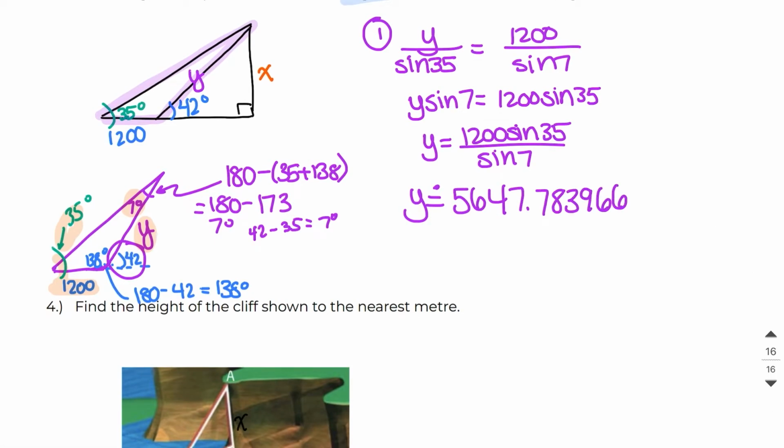But now I need to use that information to solve for x. So if you notice here in my right triangle, I now know side length y right here. So step number 2 is to solve for x. And this is the opposite, this is the hypotenuse, so I would use sine. So I would say sine of 42 is equal to x over this number,